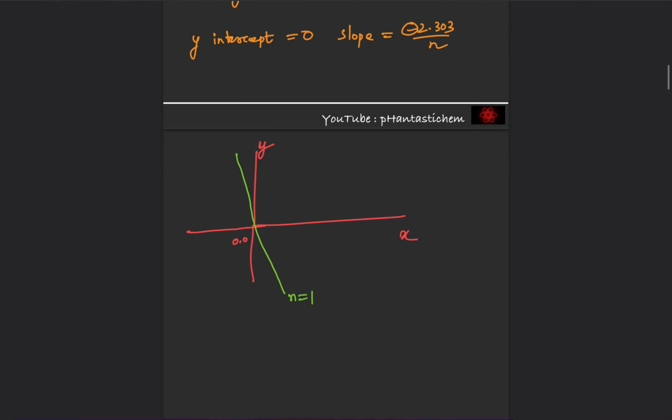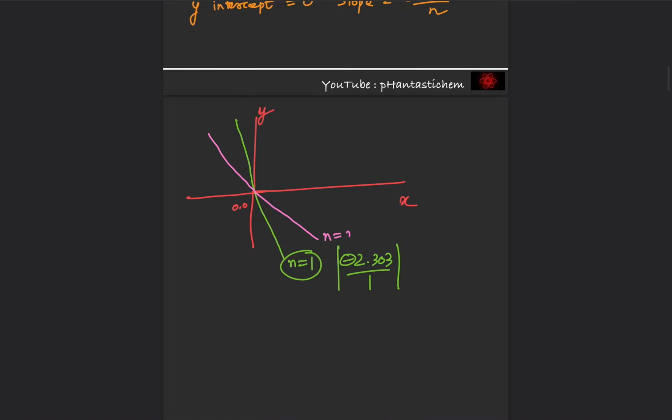Here n is the number of electrons involved, and the magnitude of the slope is 2.303 by 1. The minus sign indicates that the slope is negative. For n equal to 2, the graph will appear something like this,